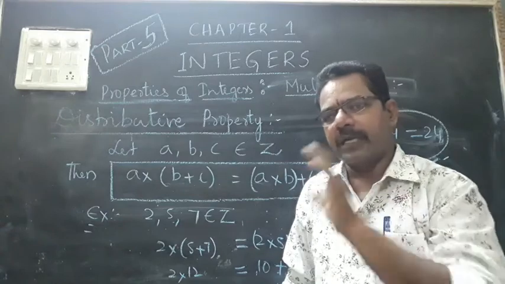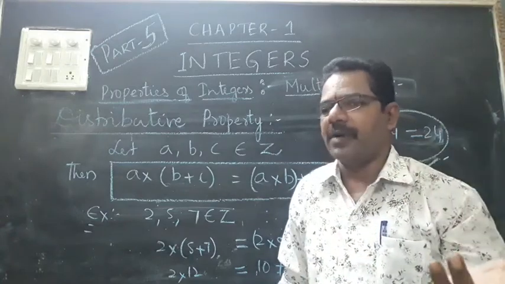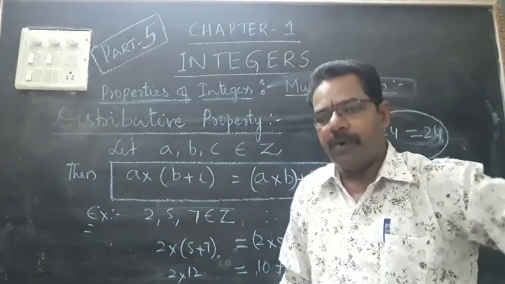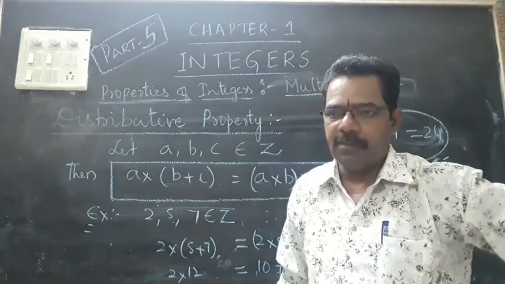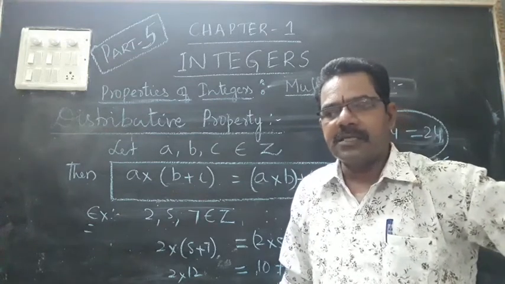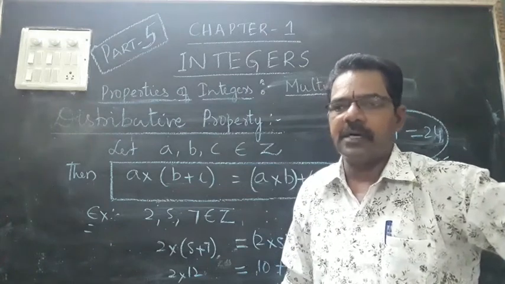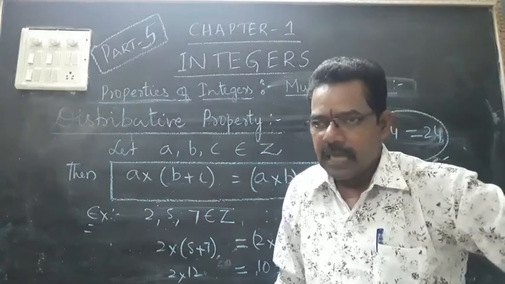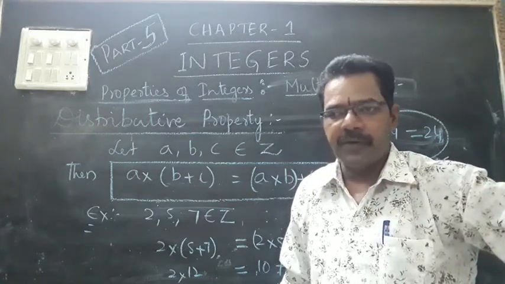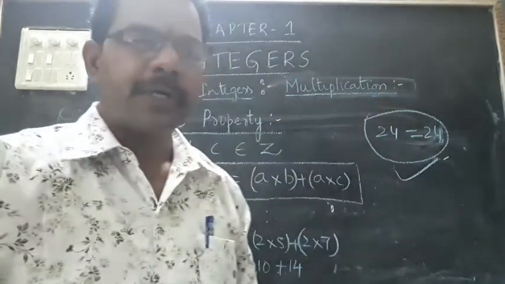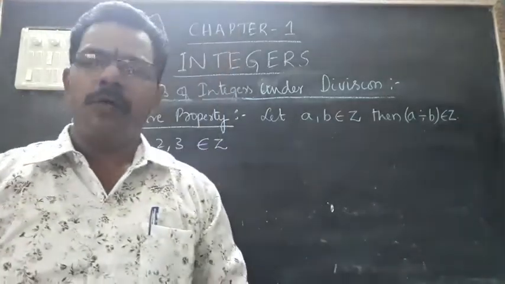Understand? So that can be found in other sets of numbers. That we shall see later, not now. In the higher classes, you will learn about the multiplicative inverse of sets of numbers. That is followed for only some sets of numbers, not for all. So the multiplicative inverse is not there for the natural numbers, for the whole numbers, and for the integers also. Understand? So these are the properties of multiplication. Now the division, a basic mathematical operation, division.